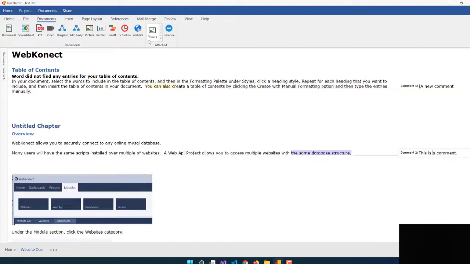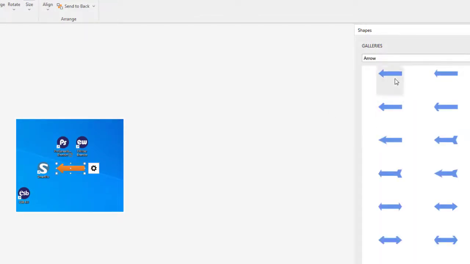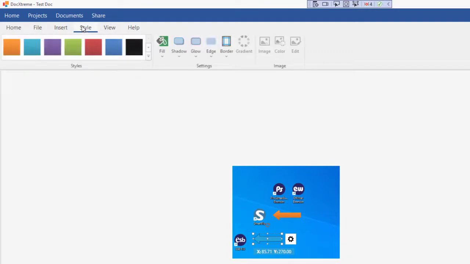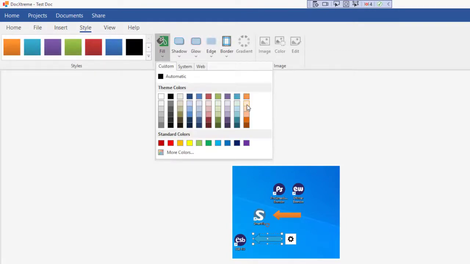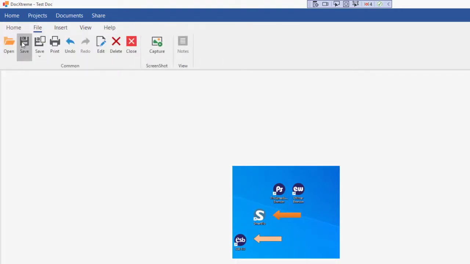So if we click on this document, we have a picture already added. Let's open that up. This is something I screenshotted, and you can add different things. I like this for when I want to point out where to click on something. So I'll take a screenshot of it, add an arrow to it, fill it with a different style, and then we'll save it. Now we can add this picture to the document